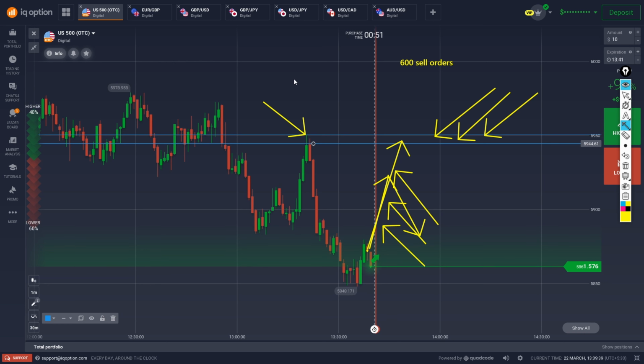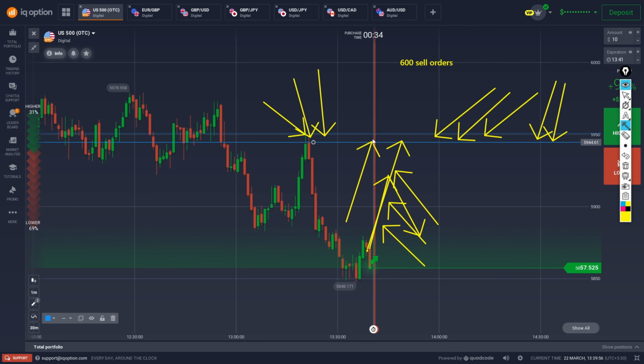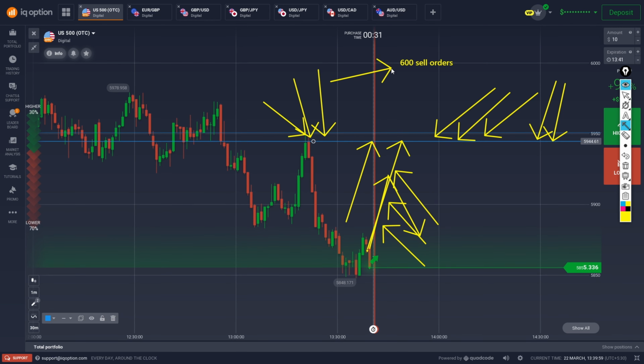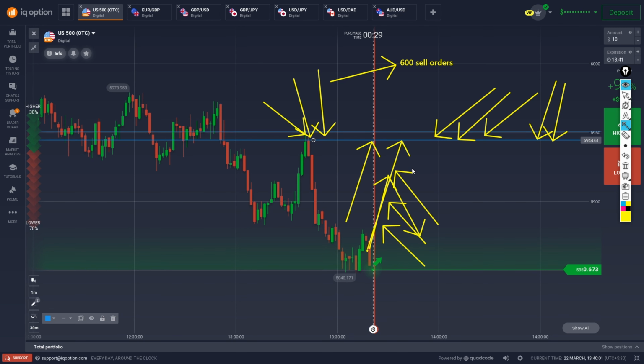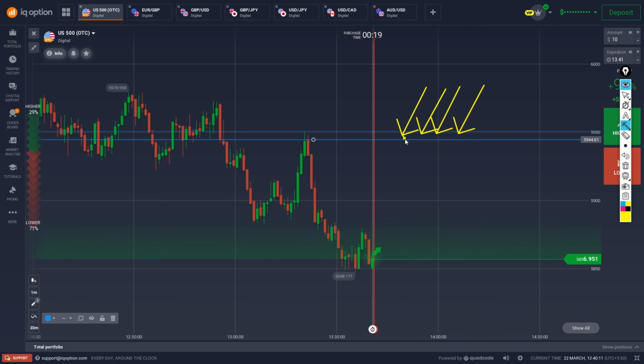And we are saying that because this is a resistance zone, new sell orders worth 600 orders are now waiting here to be filled as soon as possible, and as soon as the price moves to this zone, the remaining 200 buy orders will be executed instantly by these sell orders and we will be left with 400 unfilled sell orders here,